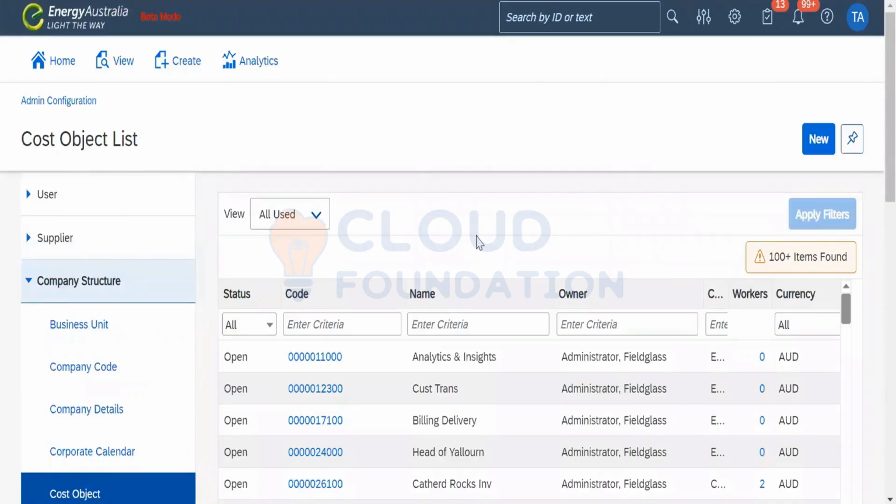Cost object or the cost center is the code against which the costing will be recorded. Any business, any verticals or horizontals, will have their own cost centers against which they need to book the cost. For example, if one of you is working as an administrator for one of the software products, you come under one of the technology horizontals.